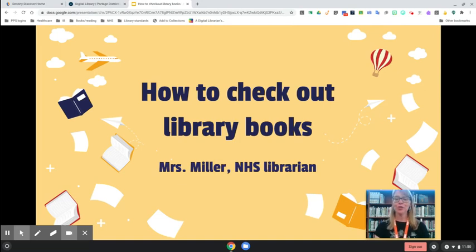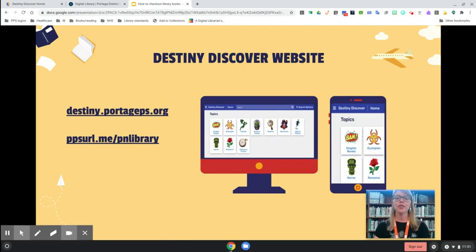I want to show you how you can still check out library books even if you are studying at home, studying virtually. And actually, even if you're here in the building, this is going to be the new procedure for checking out library books. So the first thing that you're going to need to do is go to our Destiny